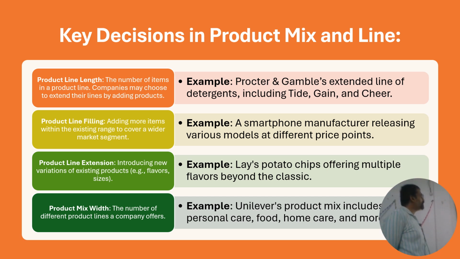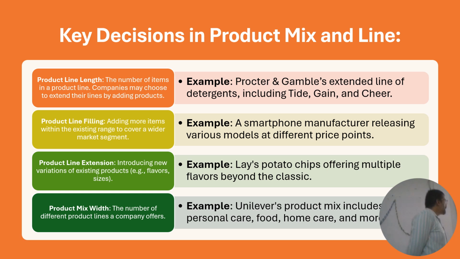When you talk about a product line filling more and more items, smartphone for example, in Samsung there is an A series. You guys know that Samsung has an A series. At the same time, Samsung has a Galaxy. Samsung has an M series as well. And an FE version as well. M phones are more or less similar with different storage spaces, different screen sizes, etc.